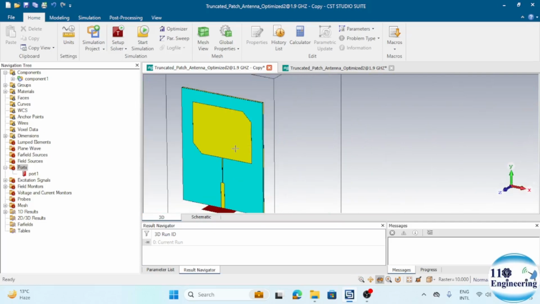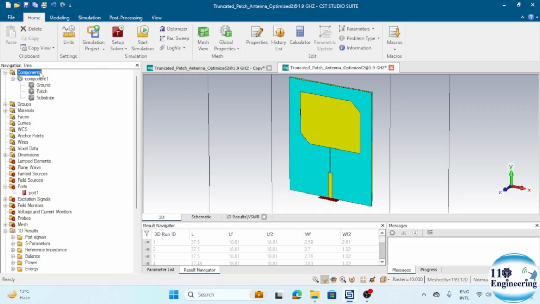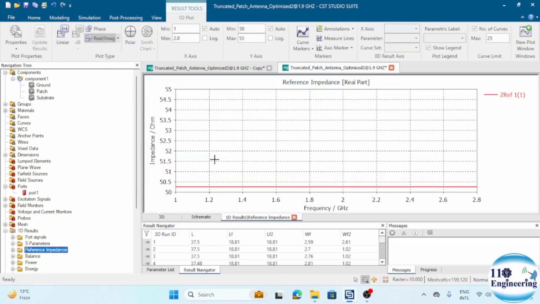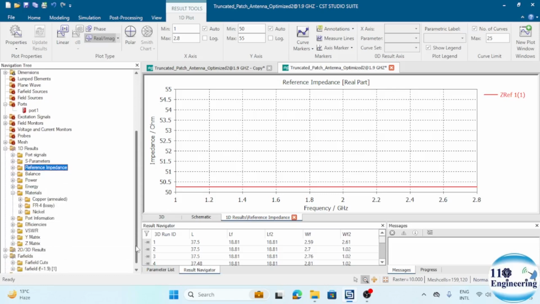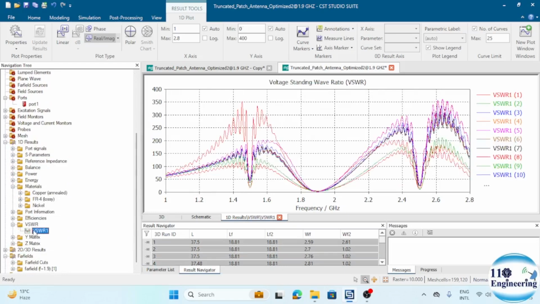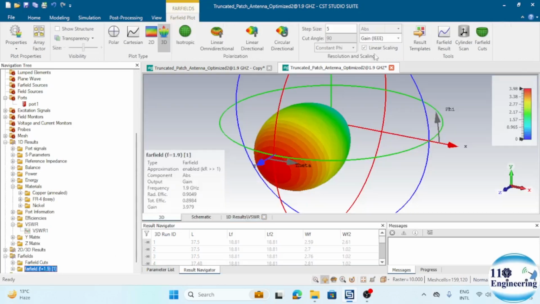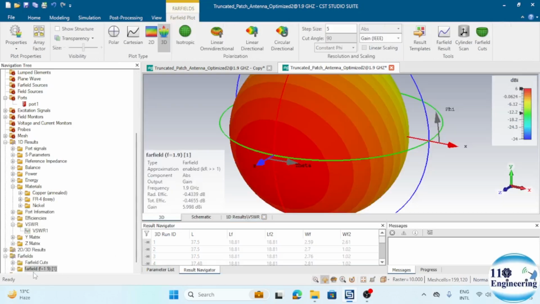After construction of this waveguide, when I simulated this antenna design, I was able to get the exact impedance matching, which is around 50 ohms. Similarly, it is going to provide us a good value of VSWR, which is around 1.18, and if I talk about its efficiency, then along with the